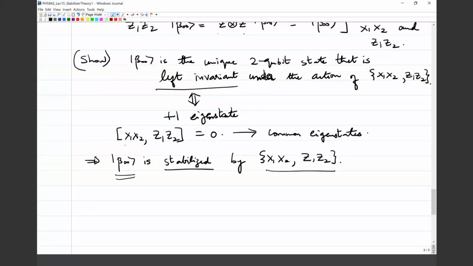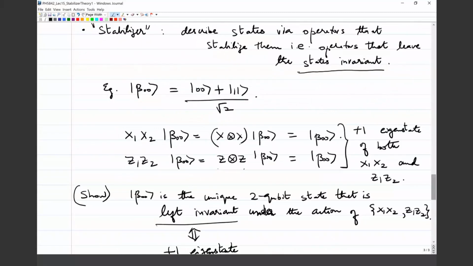So this statement, in a sense, uniquely identifies this state because it says that if I want to talk about what are the states that are stabilized by this pair of operators, then I end up with beta 0, 0, right? So you note that it has to have the 0, 0, 1, 1 structure if it has to be stabilized by x1, x2, because x1, x2 is going to flip the bit, right? So it has to have this permutation symmetry. So you could jolly well also have 0, 1, 1, 0, for example. That's also a +1 eigenstate of x1, x2. However, 0, 1, 1, 0 will not be stabilized by z1, z2 because that will bring with it a minus